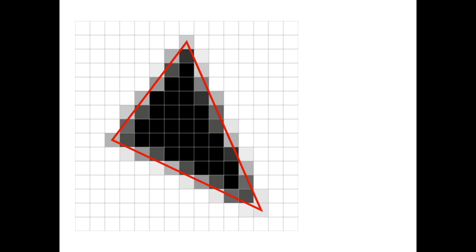Now it might be 0.52, and so you could almost think of it as a partial pixel value, and there's some things we can play around with that. But for now, let's just worry about the fact that we know that it's this pixel, right? And so the same with these other 3 vertices. Okay, so we can actually go through and figure out which pixel each of those vertices lands on, and then